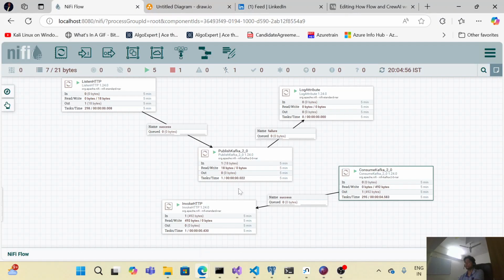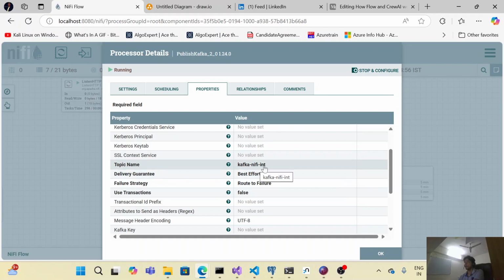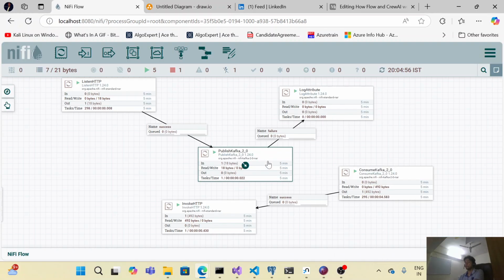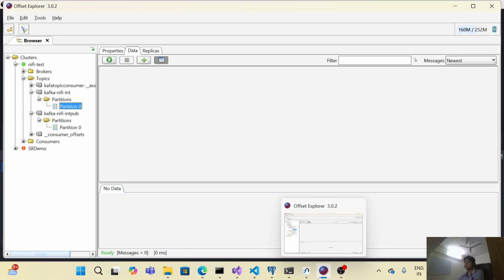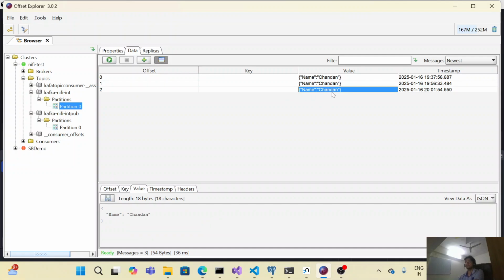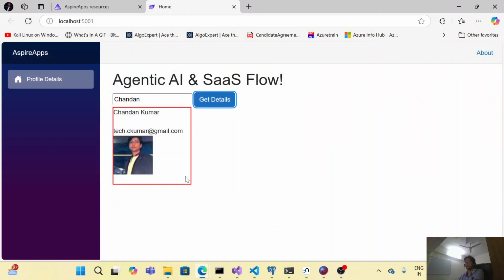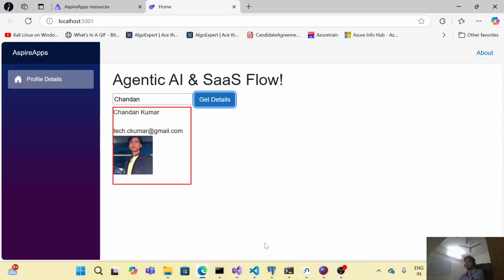Let me show you. Kafka Nifi int, okay, and then it published to that particular topic, and the topic name is this, yes, this one. So we can see this message. This is the same message that we sent from our UI, and then it will be consumed by the